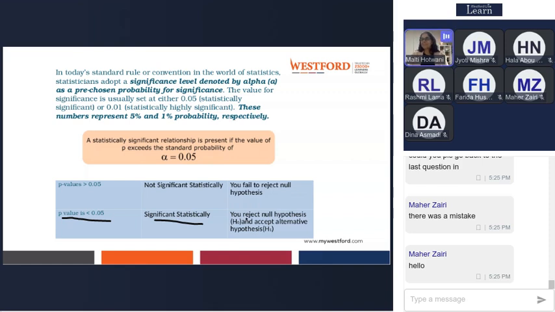Sorry about that, guys. You will write in the conclusion that the test is statistically significant and you reject the null hypothesis. That means there is some relationship between the variables. I'm sorry, I'll correct the analysis and send you the file.